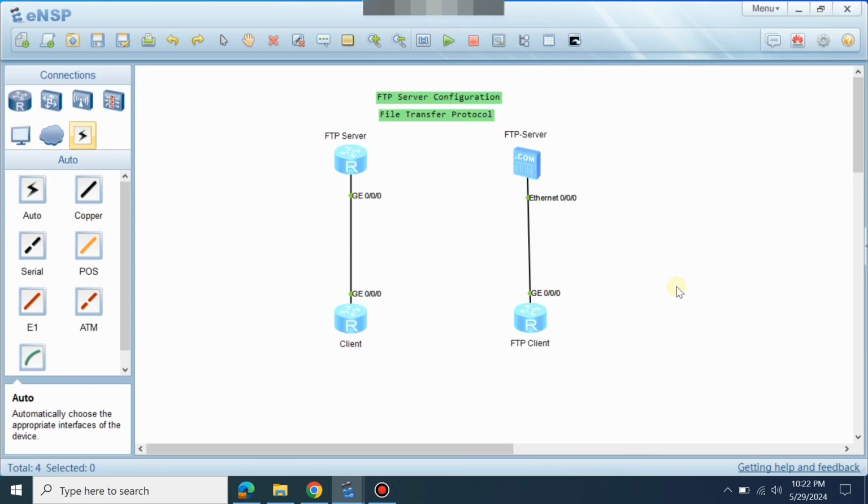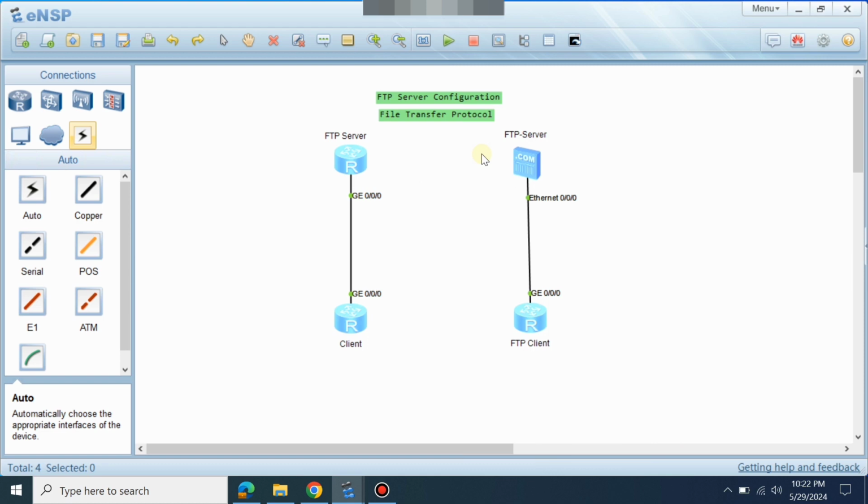In this video we will learn about FTP. FTP is a file transfer protocol, how to configure FTP and what is the purpose of FTP. FTP is used to transfer the files. Suppose we have an FTP server, so we connect our FTP server with our network and we save all the files on the FTP server. So we can transfer any kind of files like firmware file, image file or configuration file to